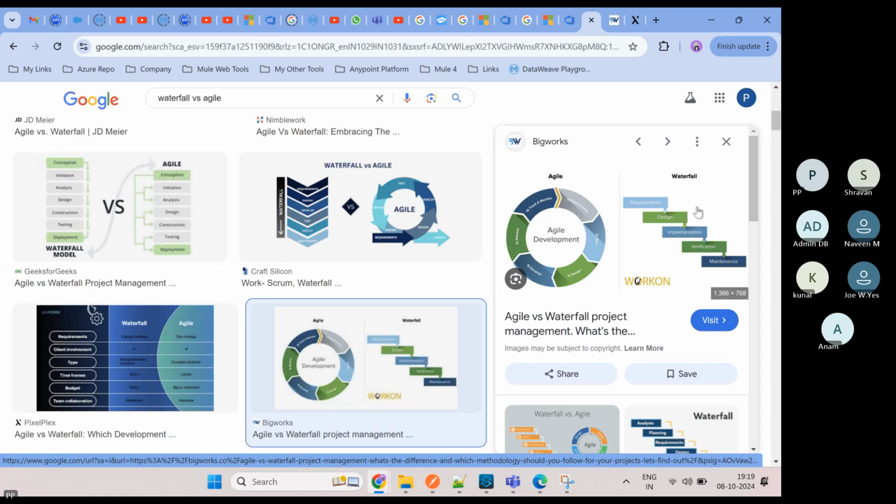Nowadays, this waterfall model is not used. Now we use agile methodology. So what is agile methodology? Agile methodology is an iterative and incremental process management methodology where projects are divided into small cycles or iterations. See, so there is our require